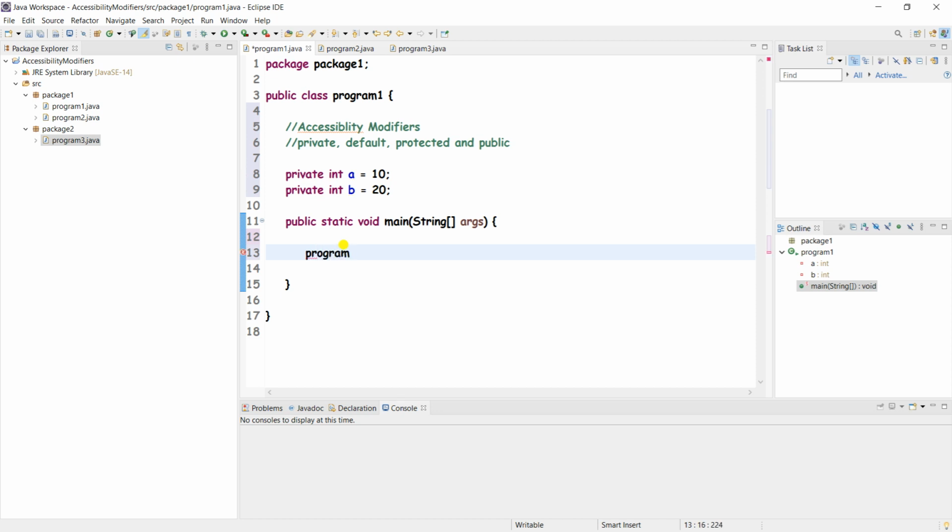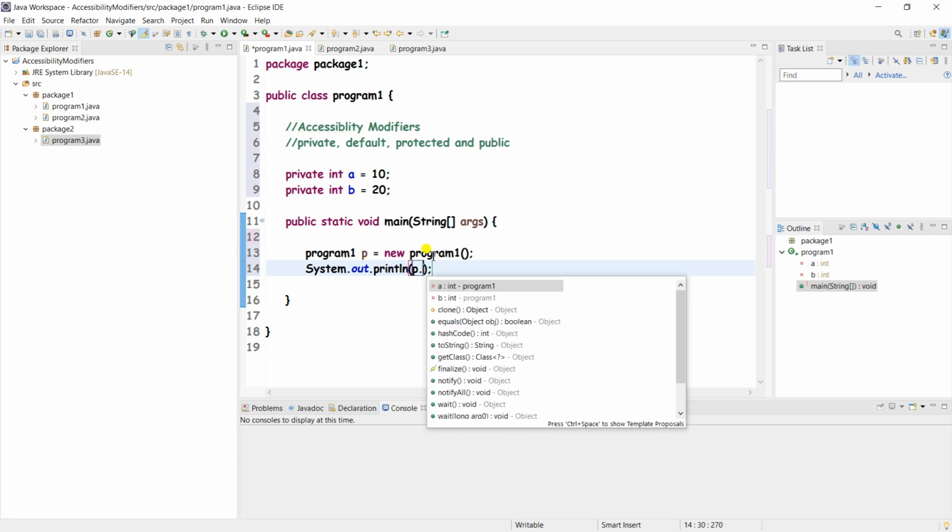Okay, program 1 p equal to new program 1. Okay, so we'll take a sysout statement to print these values on the console. Okay, p dot a.